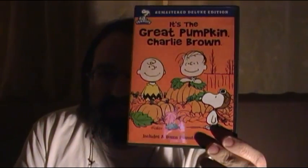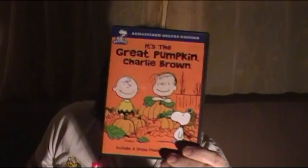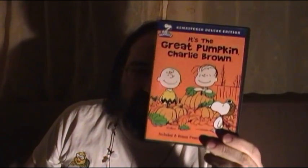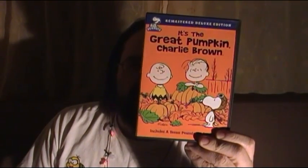However, in 2008, Warner Brothers released this. The difference between this and this is you get a documentary on this particular DVD release. And the other thing, You're Not Elected, Charlie Brown is, surprisingly enough, not on here. Warner Brothers decided not to actually put You're Not Elected, Charlie Brown on this. Instead, we get the short, It's Magic, Charlie Brown. And it's actually a 1980s TV special, surprisingly enough. And the reason why I know that is because